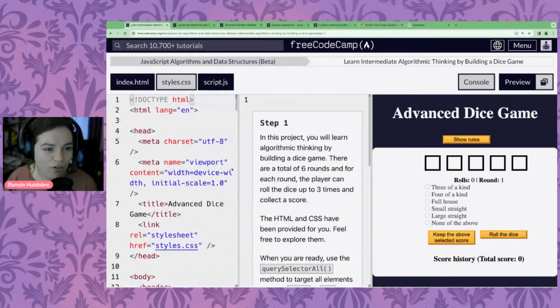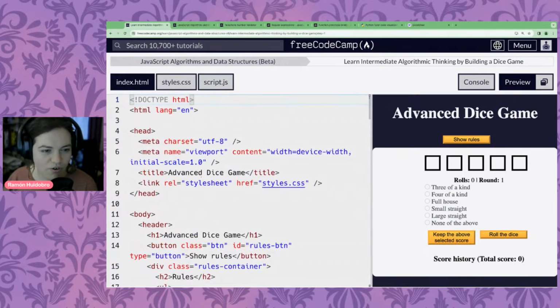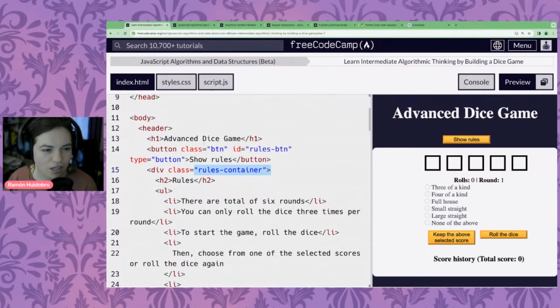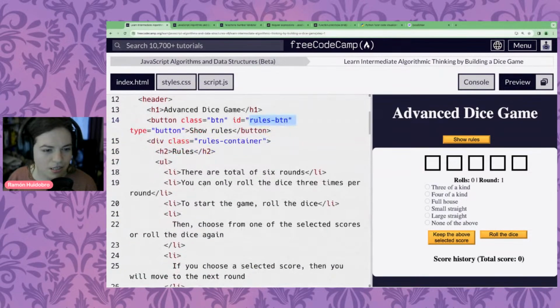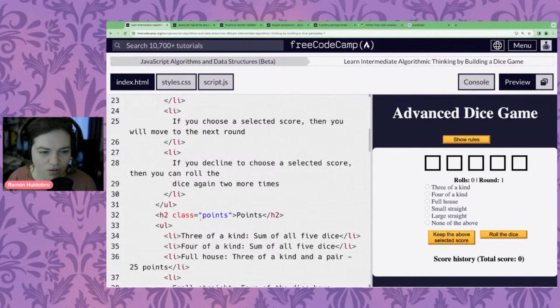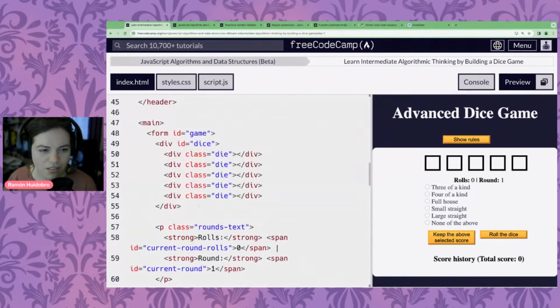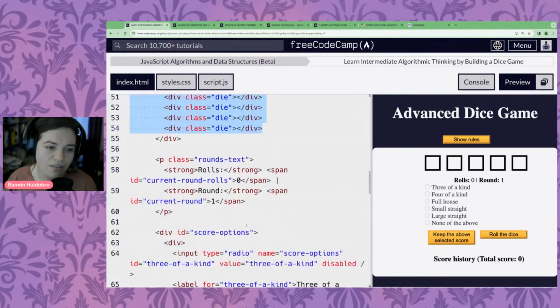So all of our HTML, I'm just going to take a quick look for us. We've got our HTML. There's our rules, got some divs with classes and IDs, stuff we've seen before. We've got our dice, each of which has a class called die. That's a singular form of dice.